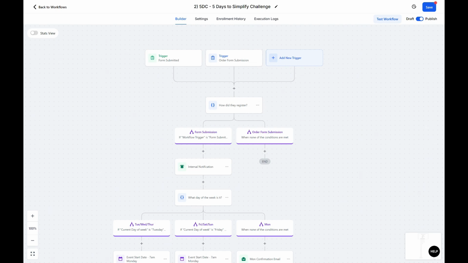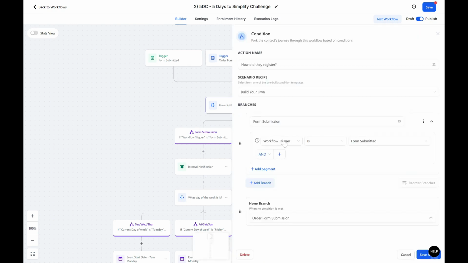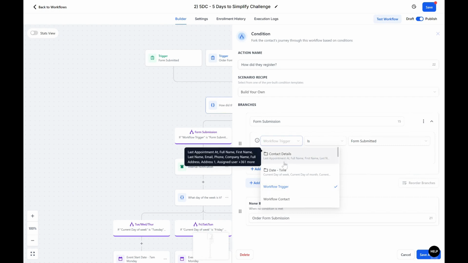Now, how else can we use these? There's lots of different ways. If we click on here again and come down to the filter here, there's lots of different things we can do. So contact details. So for example, that might be a form submission and an answer they gave in one of the forms. So if you asked them a question in the form and it was a radio select, so they could choose one option or the other,